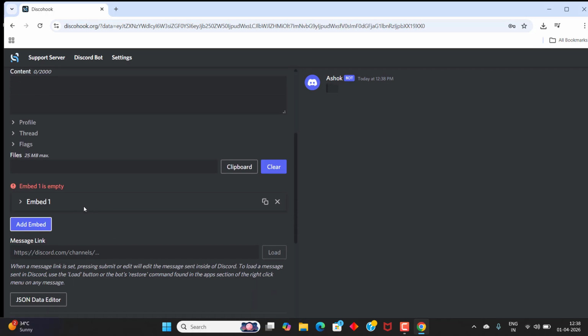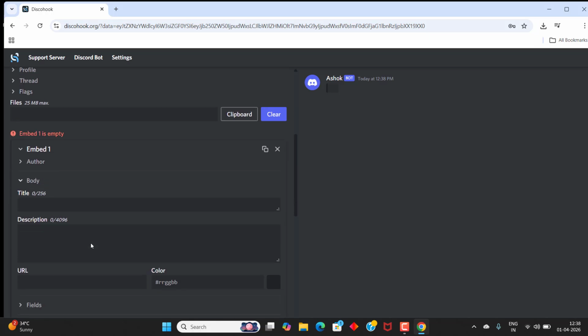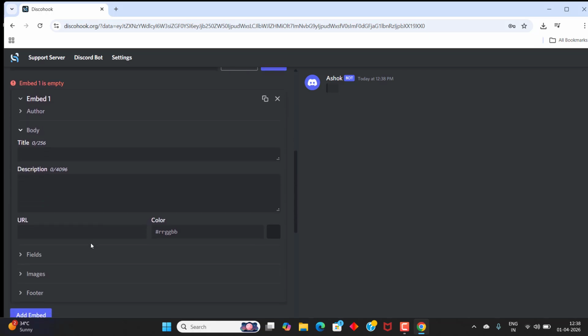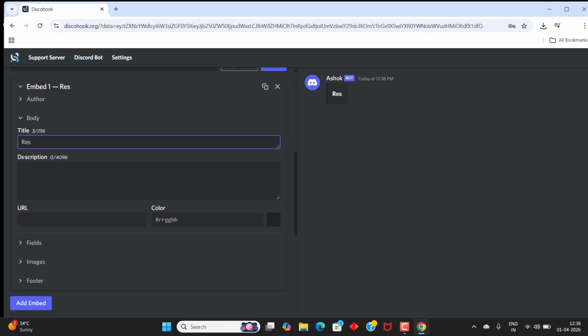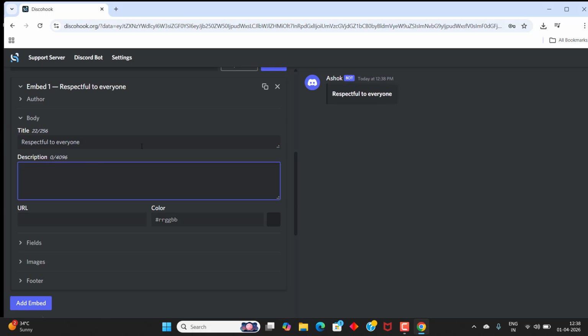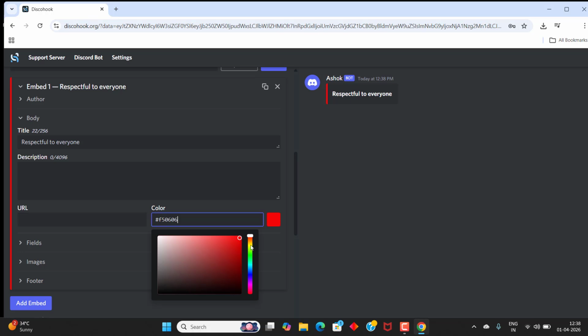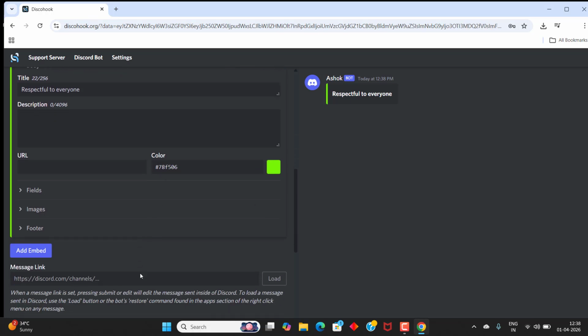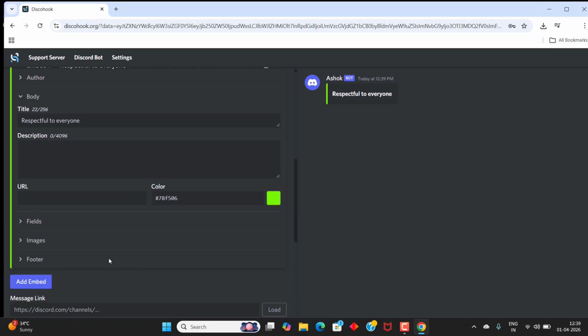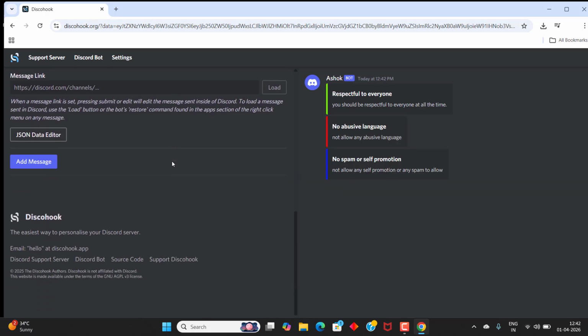add an embed. You can add as many as you want, but once you need to add 9 or 10 embeds, then again you need to add. I'm adding the first embed, and you need to give the title, description and color. Once it's completed, you can add the second, third, fourth, fifth, sixth embed, as many as you want